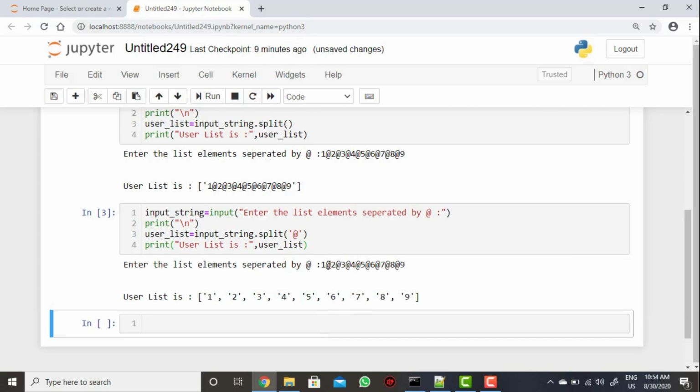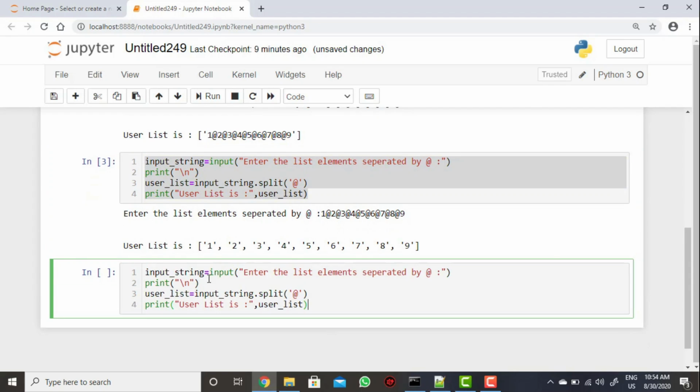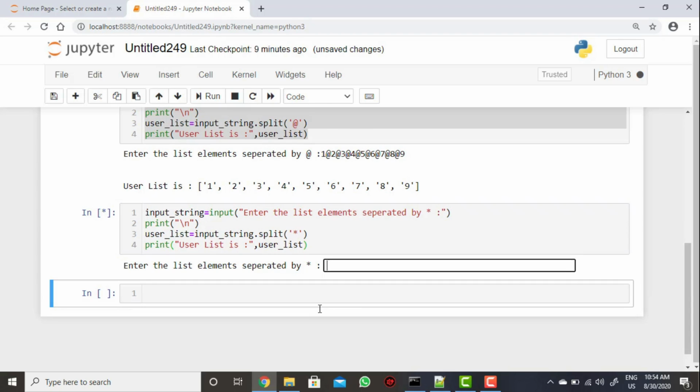Now even though I'm separating with the at the rate symbol, it is making the list here. So it is separating with the at the rate symbol. Now you can even take different types of symbols. Even try a star here. Sometimes they will give flat files and we need to separate like this. So now what we need to do, when I execute 1, then